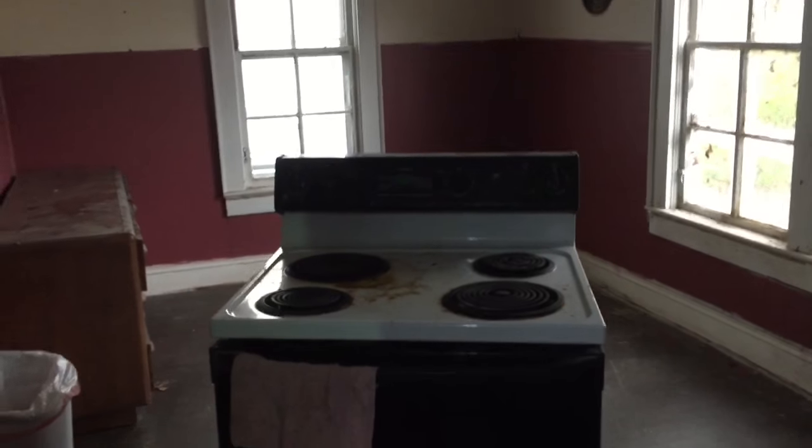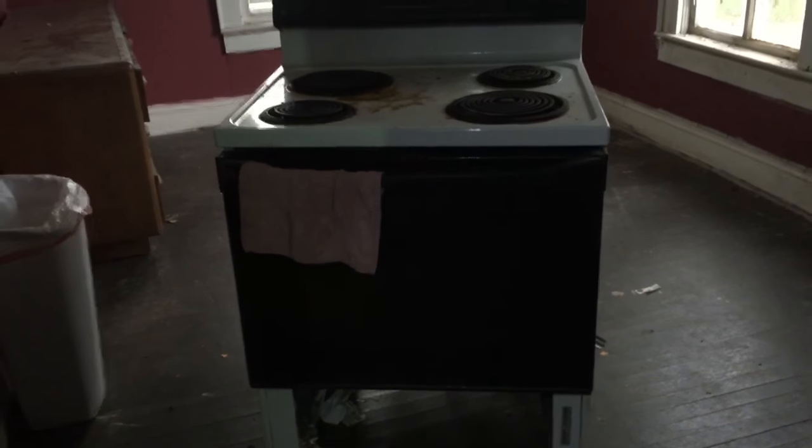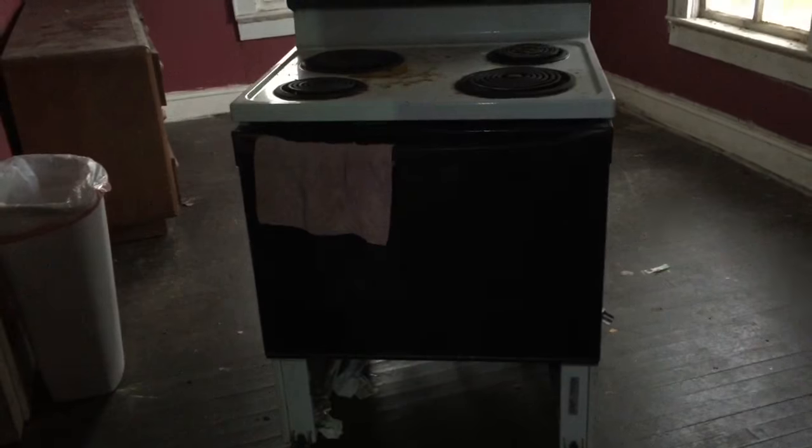Holy crap, I had to do a little video on this. This is the greasiest stove I've ever seen. And look at how much junk is in the oven. And there's still so much crap packed up in there. Look at all the grease. Holy crap. Look at this, what was underneath. I've never seen one so bad. These people were only here like a year. It's all the way back there. The trash. That is just, I mean,